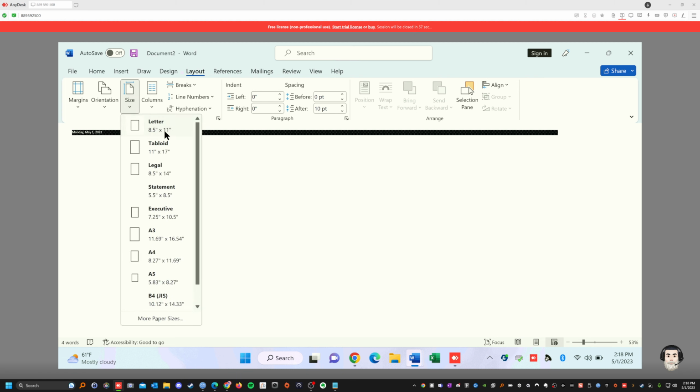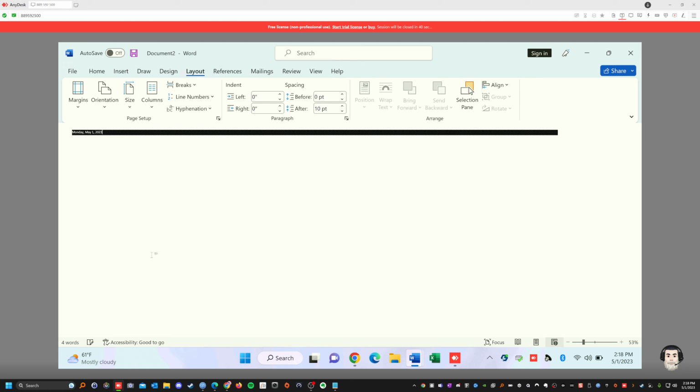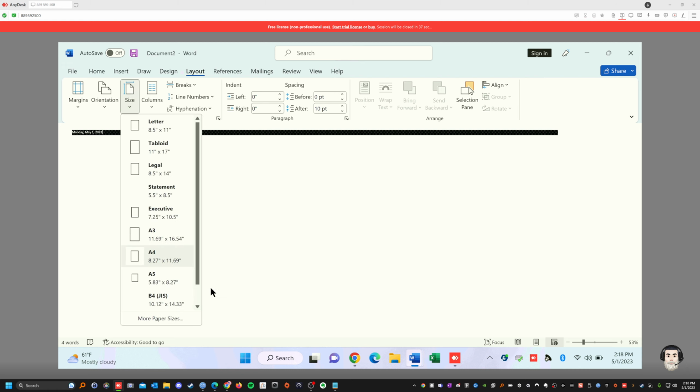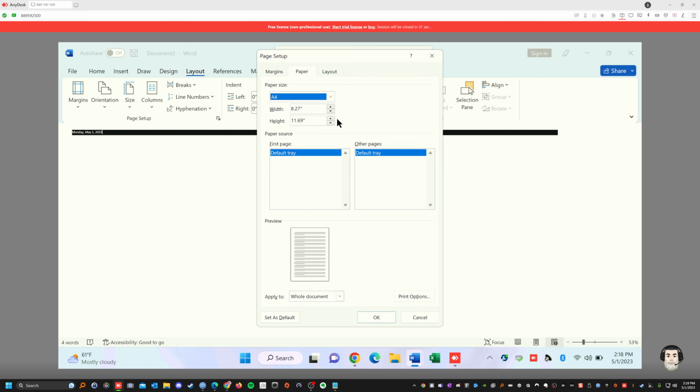That's 8.5 by 11. That's a letter, and the 8.5 by 14 is legal, okay? This is for a legal document. This is for a regular page, okay? I usually use A4 because that's a standard for documents. A4 right here, okay? If you don't have a legal document, it's usually A4. And there's more shapes. You could do your custom shape if you want. Let's say you have a form, a piece of paper that's a certain size, then you could customize the page size, right? Based on the size of page that you have in the printer.